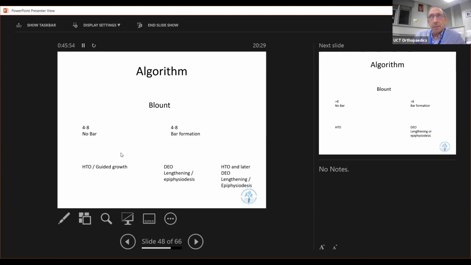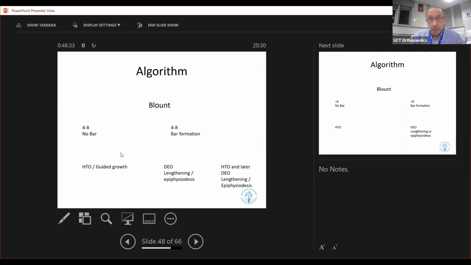So just think about that. That also needs to be balanced with the fact that sometimes, and I'm saying this is a very gray zone, one might elect to do a high tibial osteotomy, knowing at the time that the problem will recur. It's a conscious decision. And one would explain to the mother that this would be a stopgap measure, and generally that would be reserved for the extremes of tibial varus, where one could simply not just leave the thing, but one wants not to be doing an epiphysiodesis